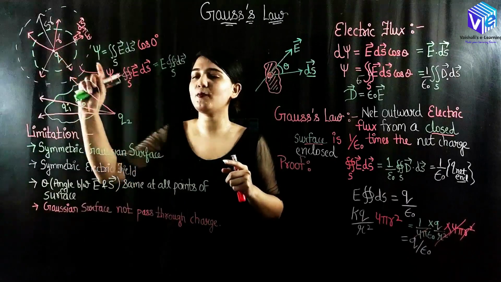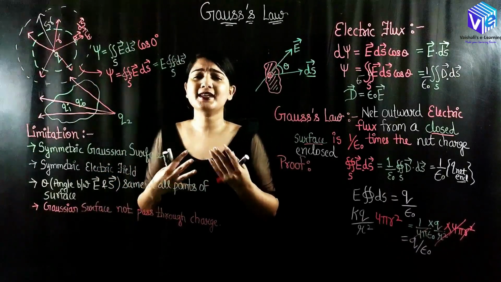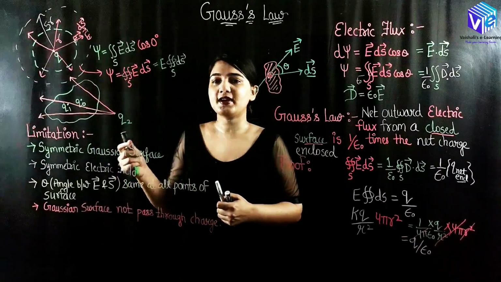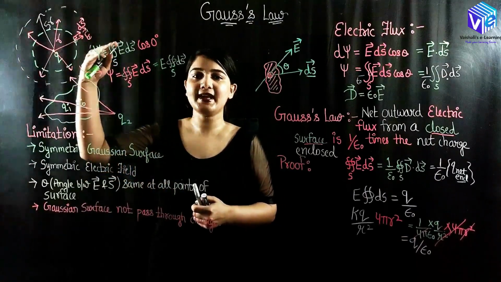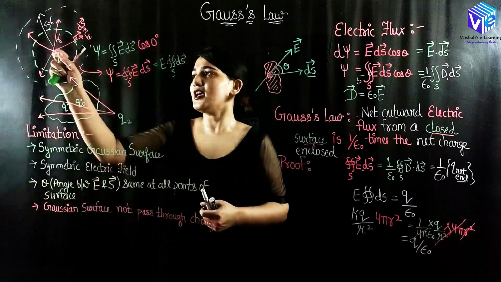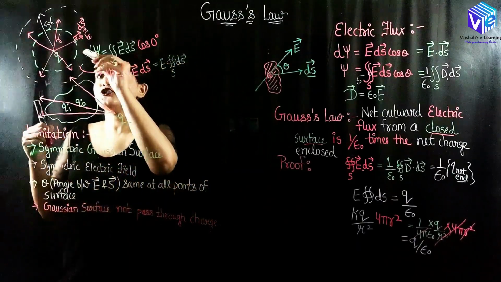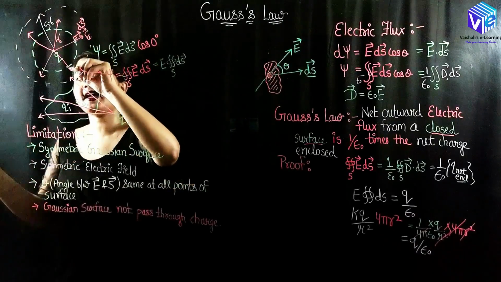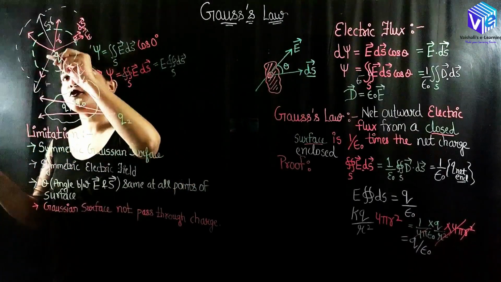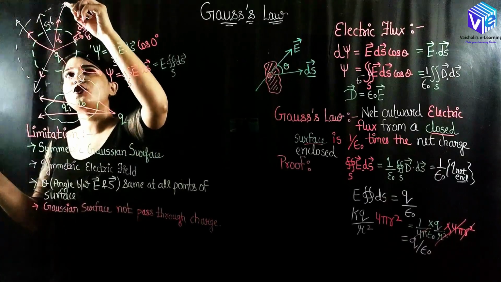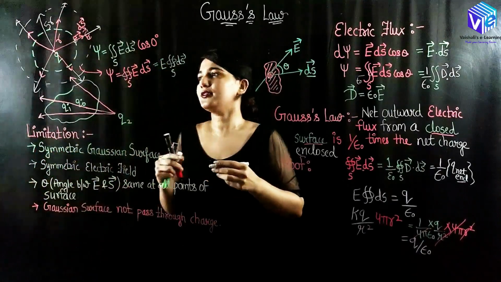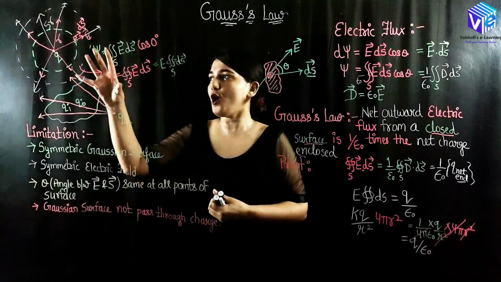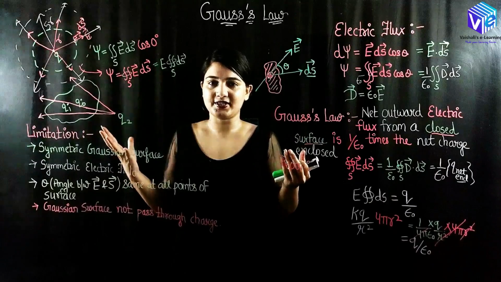Okay, so it will be Q upon epsilon naught. So what is the net outward flux if I ask you? The net outward flux is the number of electric field lines that were crossing the surface. So if I had the same charge, you can see these are the electric field lines that are crossing the surface. If I extend them, these are only the electric field lines that are crossing the surface. So there is no point of seeing what is the radius or what is the size of the structure.